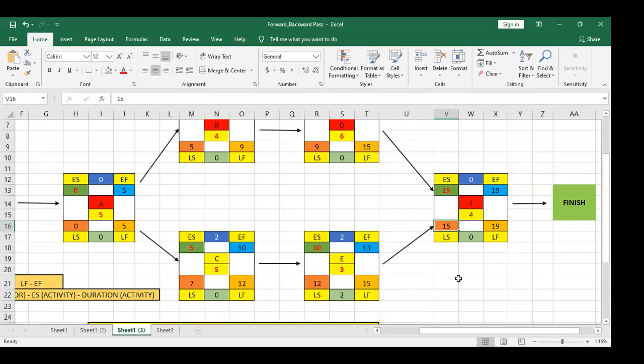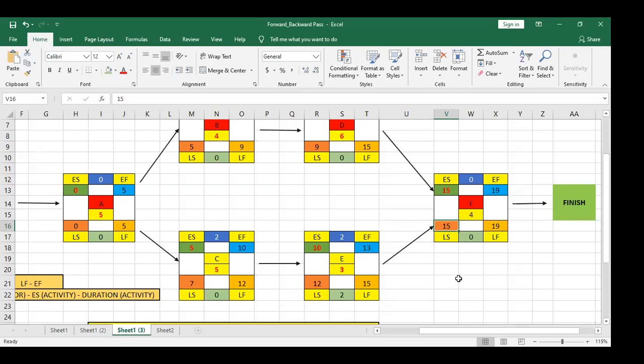So step 1, you will calculate forward pass. Step 2, backward pass. Step 3, total float. Step 4, free float. Bad news is there might be 3 to 5 questions in the exam, and good news is that there will be 2 similar questions, which means they will just modify the durations. They will not even change the sequence. So in the exam, you will make the diagram bigger, very neat and clean. Make a rule, always draw in landscape. Don't try to make it smaller.